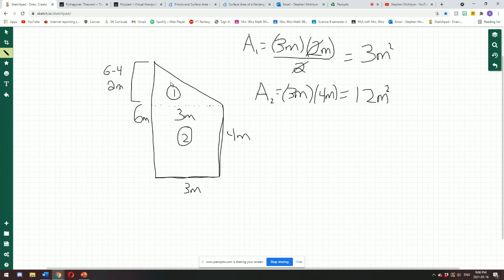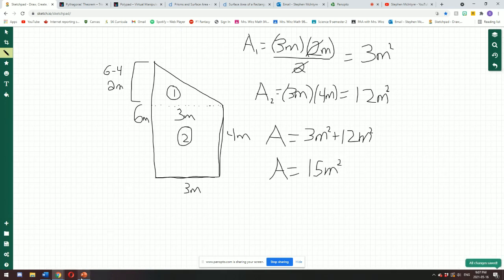All right, now to find the total area, we just add the area of this part plus the area of this part. So area 1 plus area 2. That'll give us 3 meters squared plus 12 meters squared. So the area of this slightly complex looking shape, we broke it down into smaller shapes, is 15 meters squared. Okay,